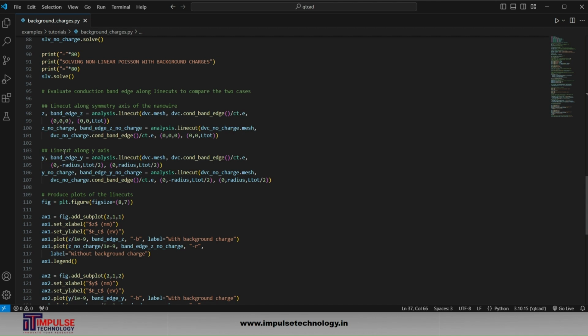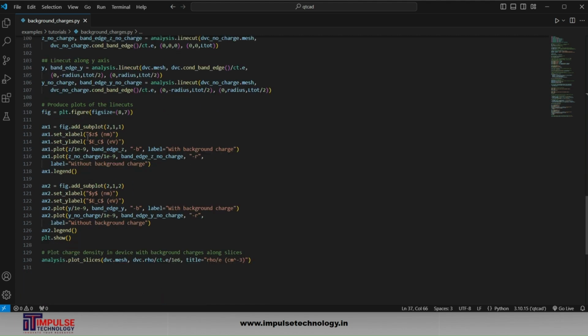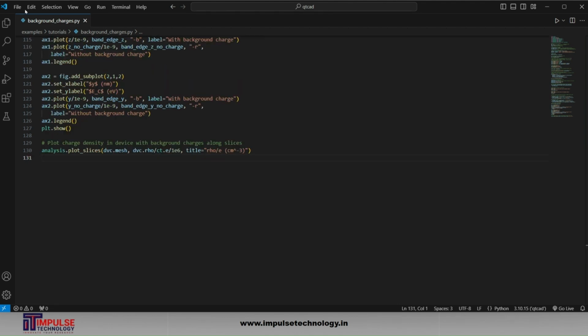After that, the line cut along the y-axis: y band edge for the device with background charges, and after that without background charges. After that, this section produces the plot of the line cuts for comparison. In the last section, we plot the charge density in the device with background charges along slices. Let's run the code.